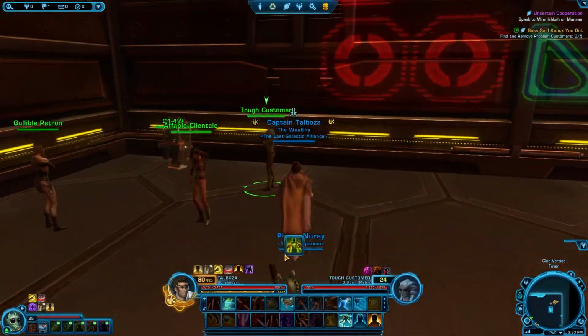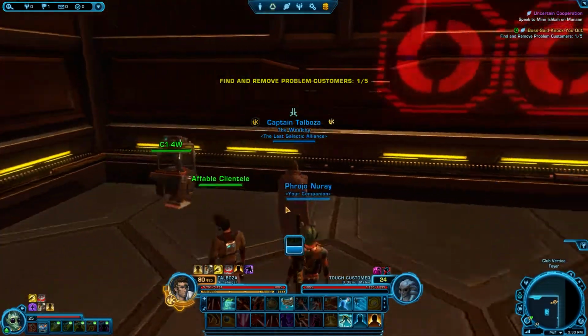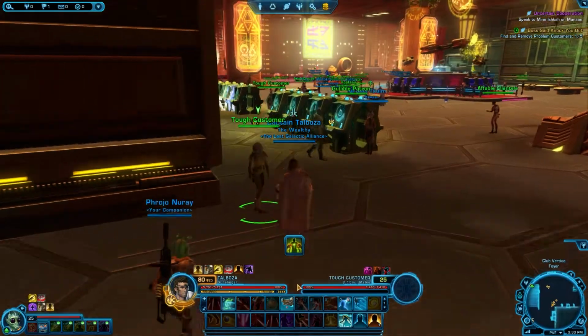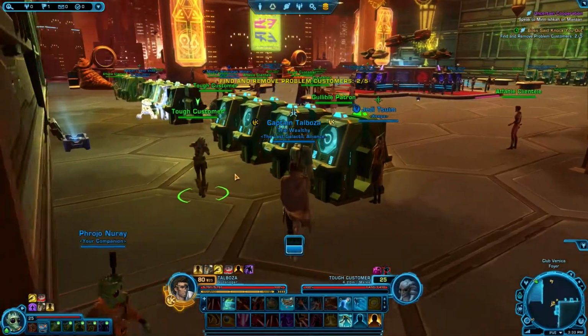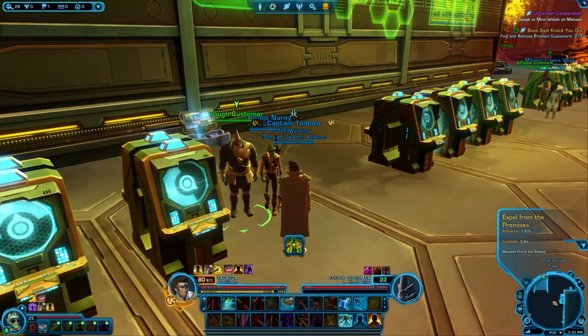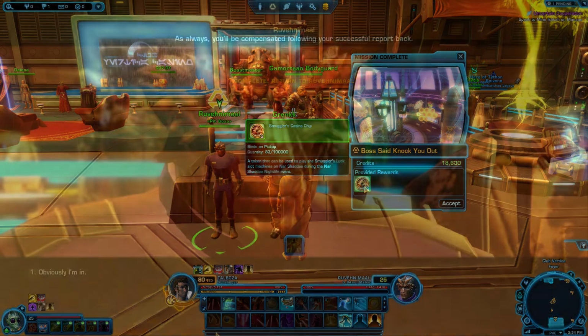For this next one, Boss Sec Knocks You Out, you're gonna remove the problematic customers. So you're gonna walk around the casino and look for the tough customers. And you're gonna expel them from the casino. Some of them might even fight you in the process. Then again, you return to the boss, turn in your mission, get more ships, and we start the next one,